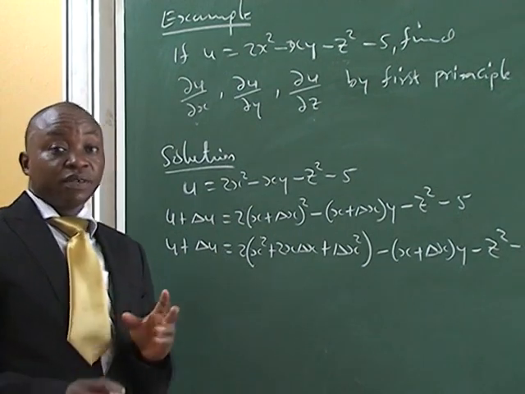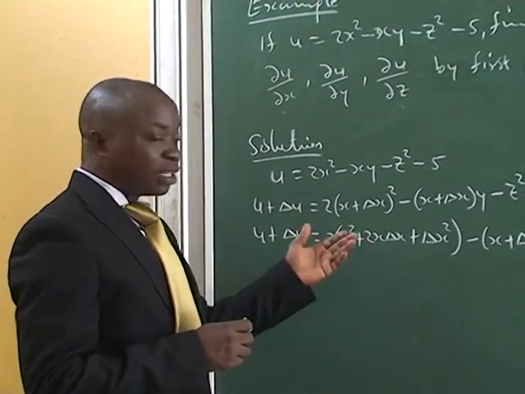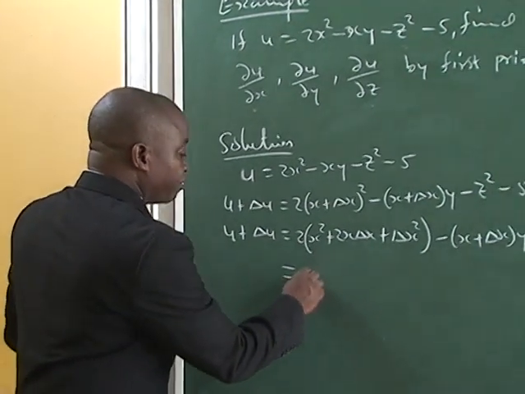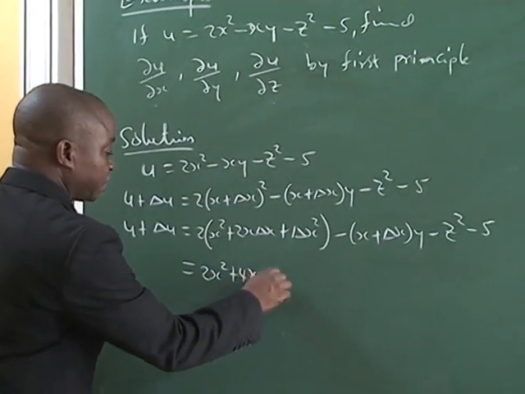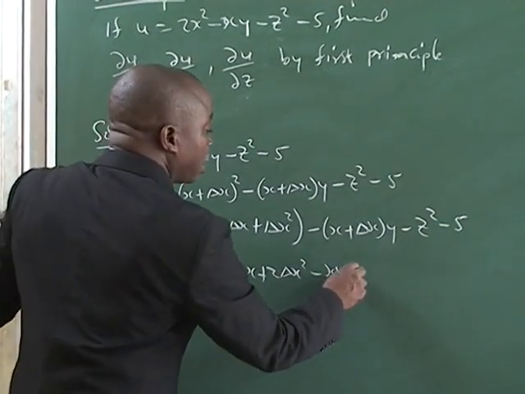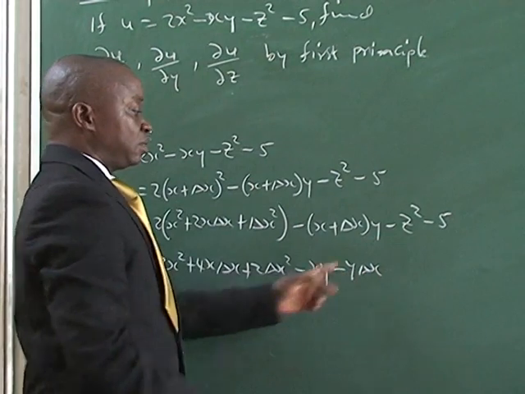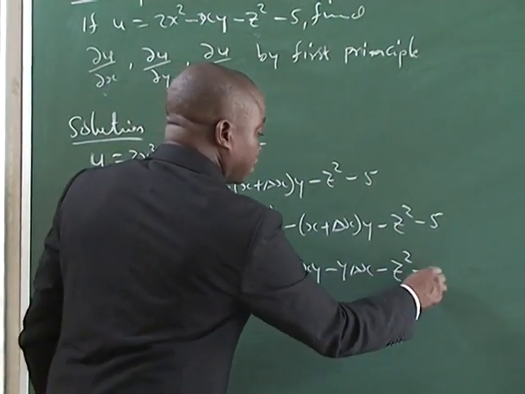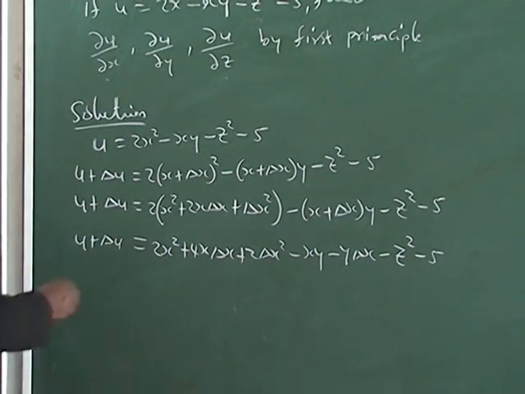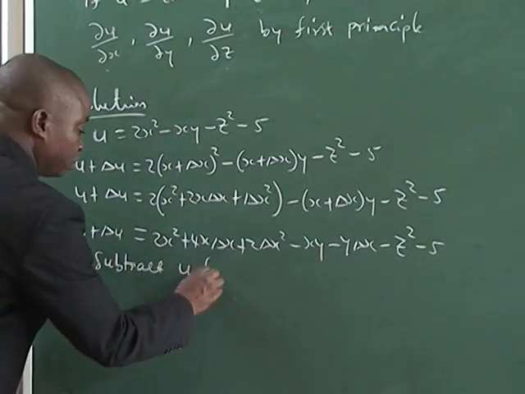Now, I also advise to have lectures on binomial expansion, a special package that can teach you how you use binomial expansion to expand. Alright, so here we have 2x squared plus 4x change in x plus 2 change in x squared minus xy minus y change in x. You see, I'm multiplying this, minus z squared minus 5. So that is u plus change in u. And then we know that the next stage is to subtract. So subtract u from